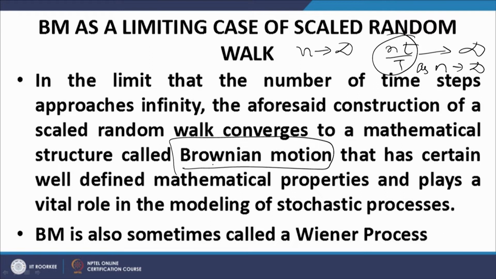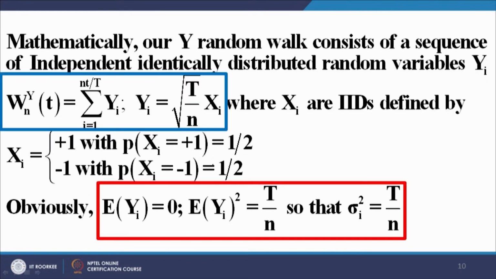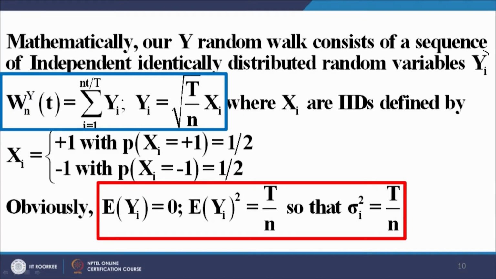Brownian motion is also called Wiener process. Mathematically, the y random walk consists of a sequence of independent identically distributed random variables. I have already explained that in a lot of detail. The y random walk consists of a sequence of independent identically distributed random variables. Which are those random variables? Y I, with the property that the random walk is given by the expression that is given in the blue box, and x i's are of course taking the values plus minus 1 with equal probabilities, y i's are taking the values plus minus under root t upon n with equal